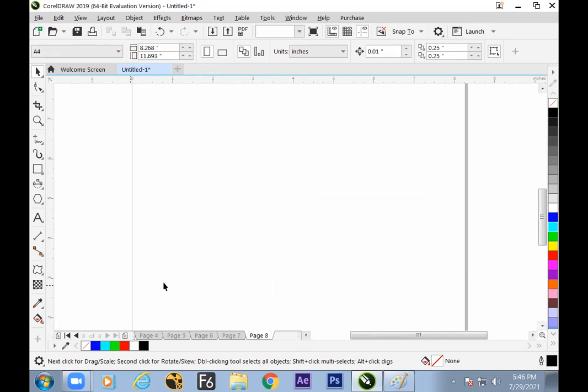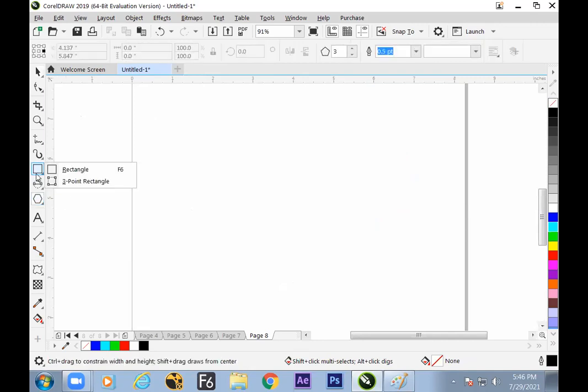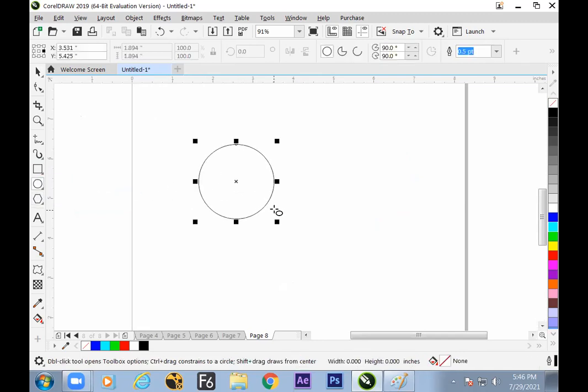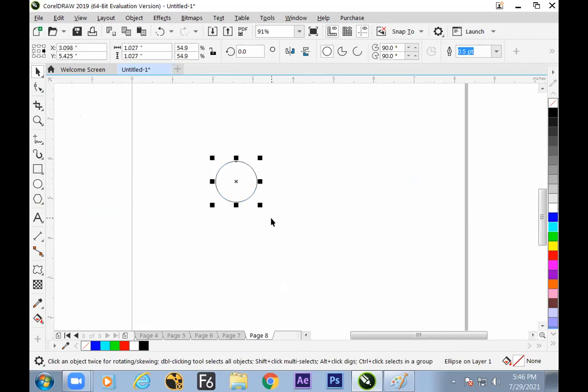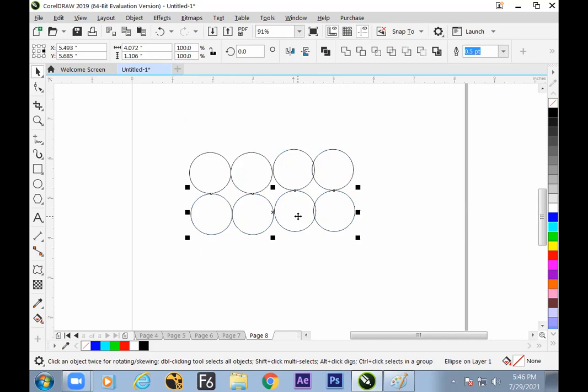Let us go for examples. Let us take some basic shapes, like an ellipse, and start switching to the zipper. Let us take multiple objects together. So one here. We know how to duplicate it, right? Select all and drag.